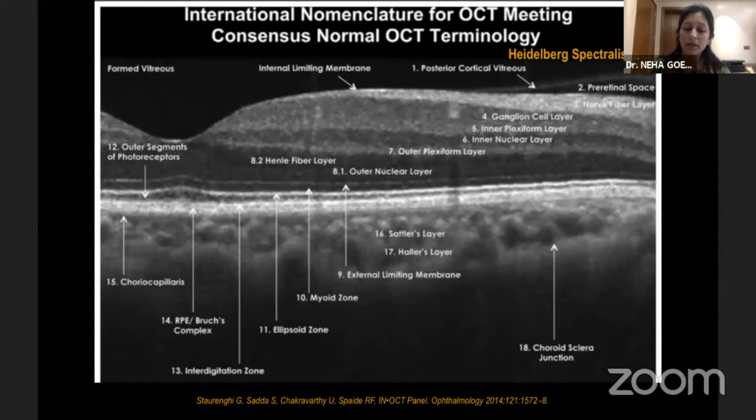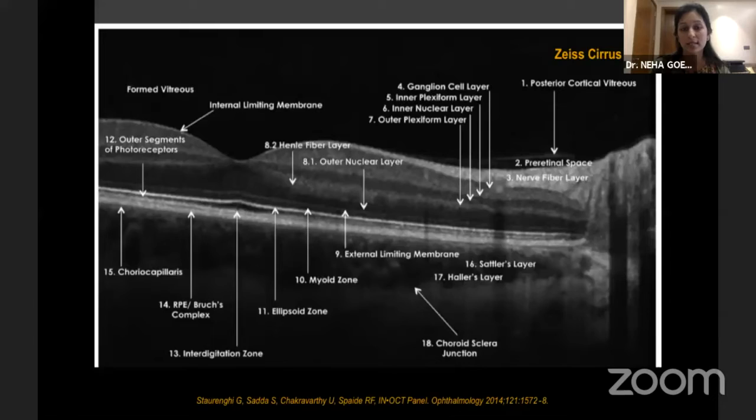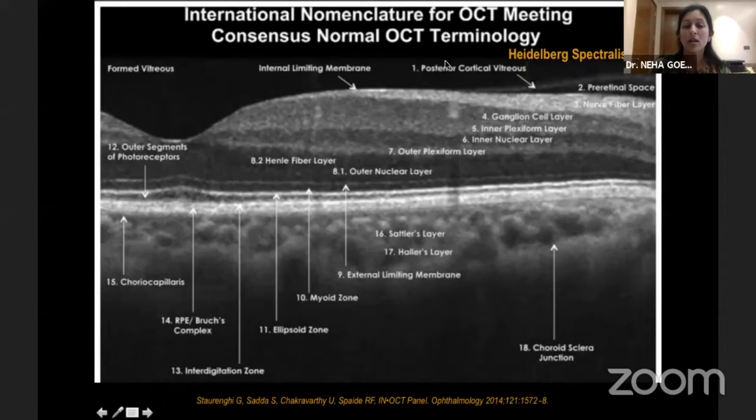Now, in this landmark paper by the International Consensus Panel on OCT, published in Ophthalmology in 2014, these are the terminologies which have been introduced, which we currently use. Now, the authors noted slight differences in the Heidelberg Spectralis and the Zeiss OCT, and hence these two different images. So starting from the anteriormost layer, which is the posterior cortical vitreous, next we go to the pre-retinal space, followed by the nerve fiber layer, which is hyperreflective, the ganglion cell layer, which is moderately hyperreflective, the inner plexiform, and